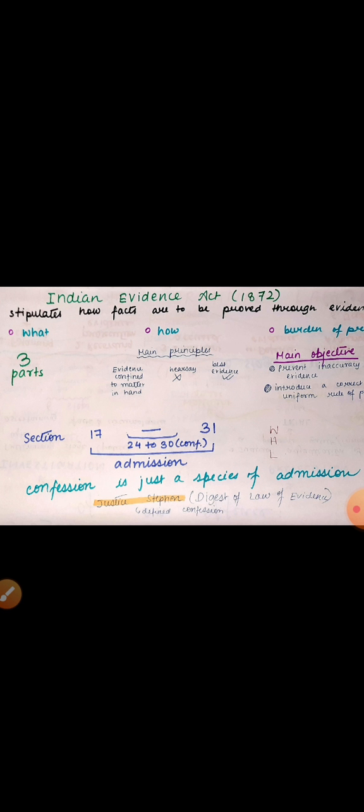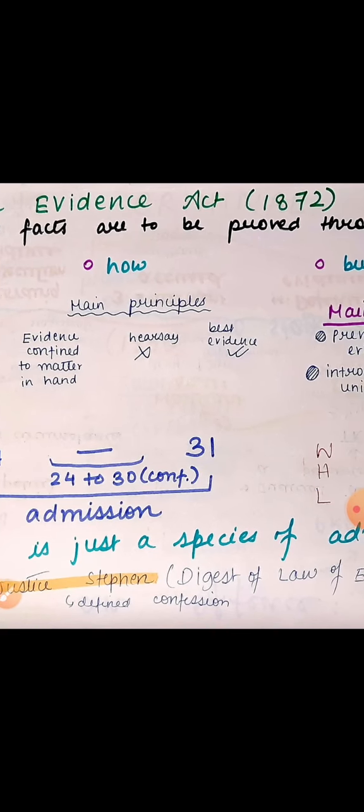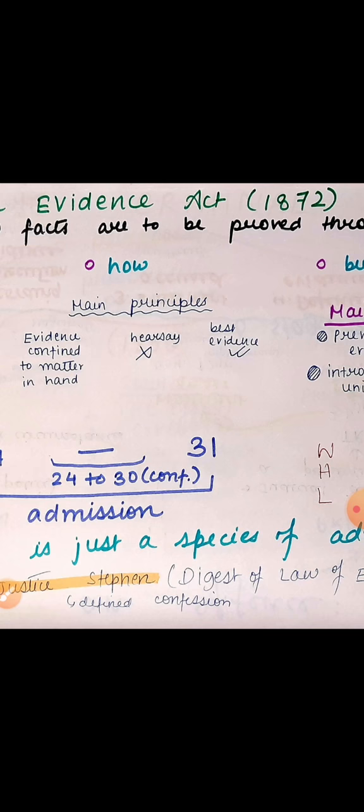Now, let me objectively explain the difference between admission and confession. Admission is generally applicable in civil transactions and civil suits, and confession is generally used in criminal cases. Whenever the accused or the wrongdoer is accepting his or her guilt, it's officially called a confession. And admission doesn't mean such acceptance. Admission merely means something that is said or admitted in general in case of a civil case. Now, Justice Stephens, he wrote the Digest of Law of Evidence, and he defined confession in this.